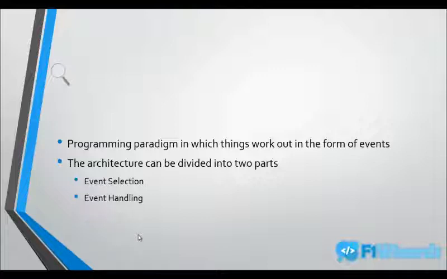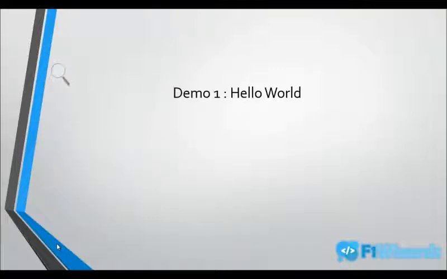And the second thing is event handling, that is how to handle that event. For example, now I have all the switches ready in my home, but if I don't handle the events, that is, if I want to click the first button and start my fan, I have to do the wiring inside so that when I click the button the fan switches on, or when I switch off the button it is switched off. That handling, or the logic behind what should be done on clicking that button, should be done by us. So this is the event handling part, that is, writing your code behind, or writing the logic of what you actually want to do when the button is clicked or when the event has been fired.